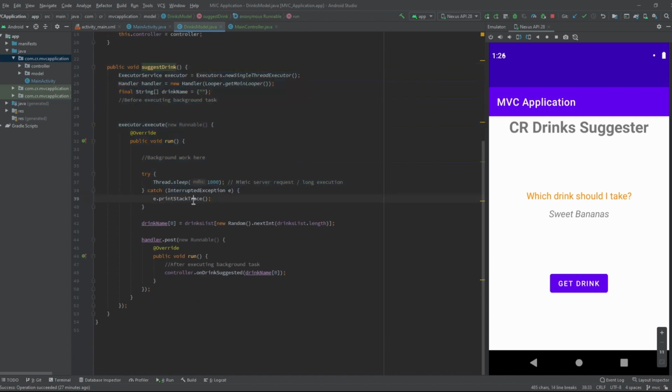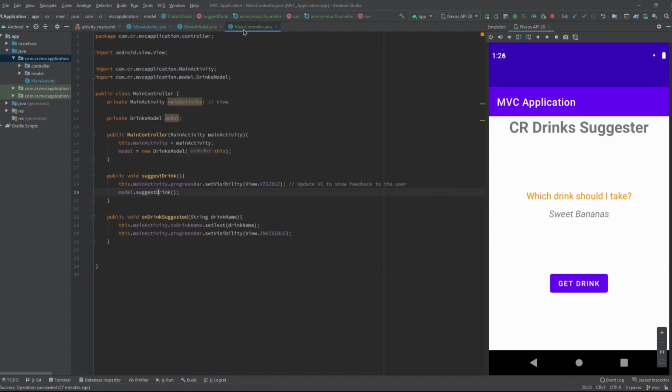The model will execute the background task or some server request. After performing the long execution task, it will send the results back to the controller. On receiving the results, the controller will update the UI and then hide the progress bar.